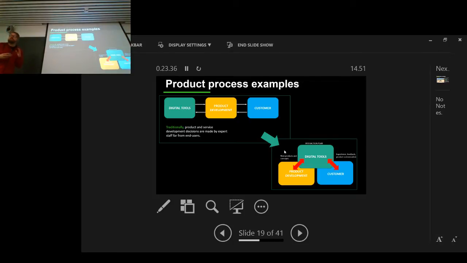What if we convert this picture a bit? We're going to take these digital tools and pull the bridge between the product development and the customers using the product. Of course, you cannot allow the customers to use complicated tools like the finite element method because they may not understand what the strains and stresses stand for. They don't have this technology. But we could take a real-time simulation model, because it is a representation of a real machine. So if you know how to drive the excavator, you can try the real-time simulation model of the excavator.